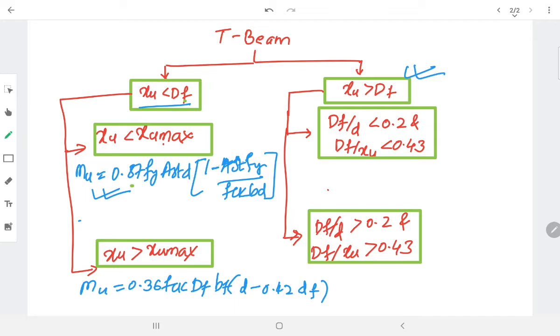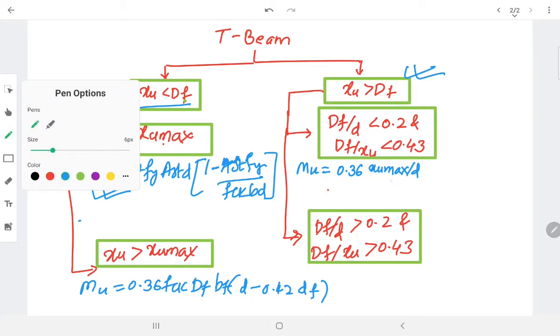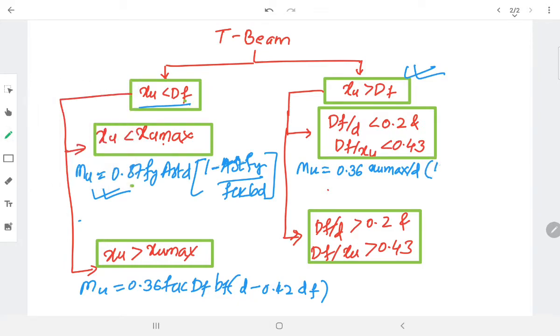So in this again we have two conditions, that is df by d is less than 0.2 and df by d is less than 0.43. In this case I will be calculating mu using this equation, that is 0.36 xu max by d into bracket 1 minus 0.42 xu max divided by d